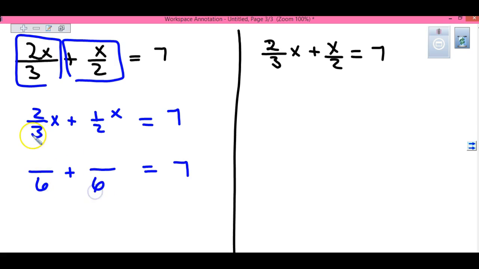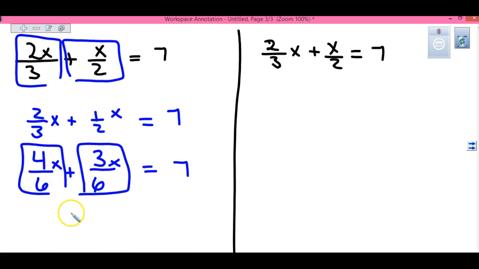6. 3 times what is 6? 2. And 2 times 2 is 4. So 4 over 6x. 2 times what is 6? 3. And 3 times 1 is 3. 3x. So we're still combining our like terms. 4 plus 3 is